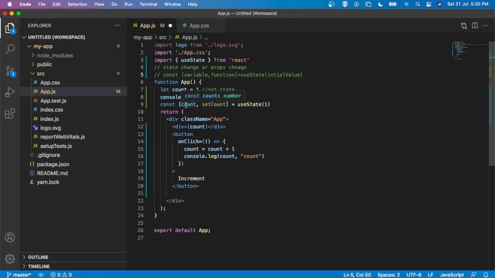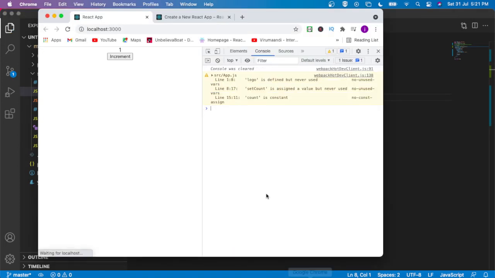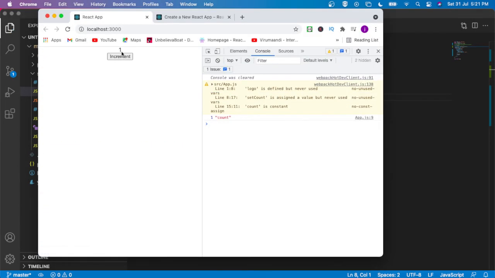So here what I am going to do, I am going to declare my count as a state variable using useState. So const count, then set count function to modify the count, useState, the initial value which I am providing as 1. Now I have to comment this one, otherwise JavaScript will give an error. There are two declarations with the same name, count and let. So I am just commenting this one. Here I am putting this console here. Okay. Now if I refresh, yes, the 1 is coming here.